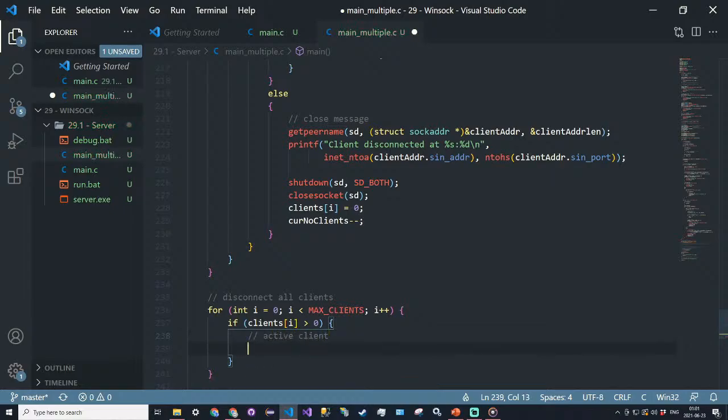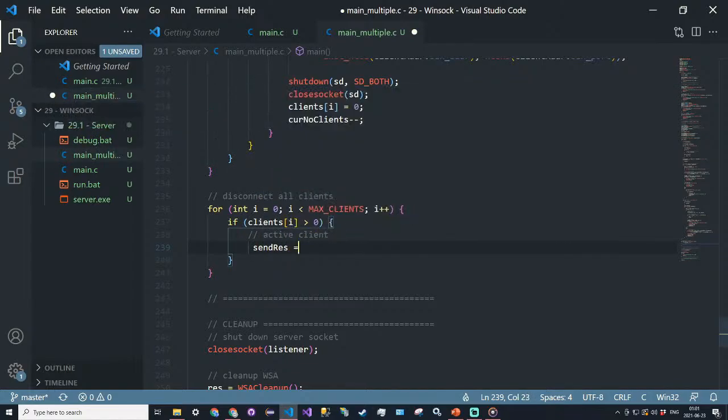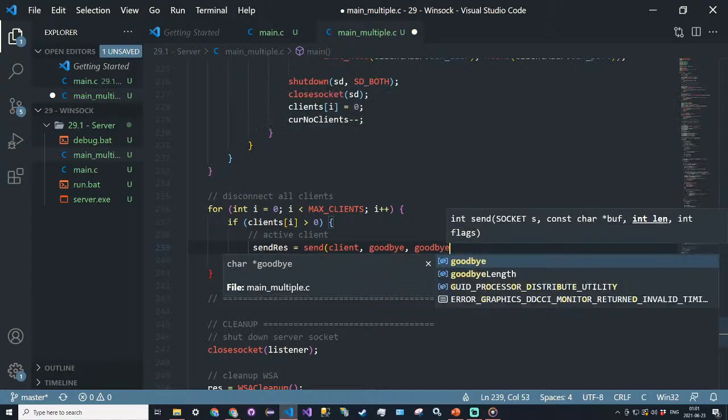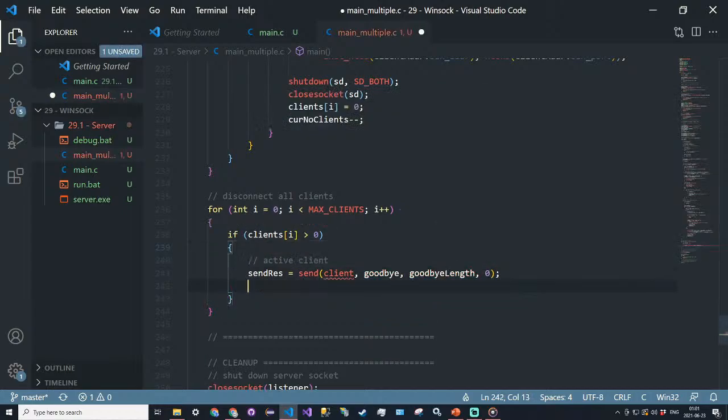We're going to send something. We're going to say send result is equal to the send function, send to the client. The buffer to send will be the goodbye message, and then goodbye length, 0 for the flags, or this should be clients at i,